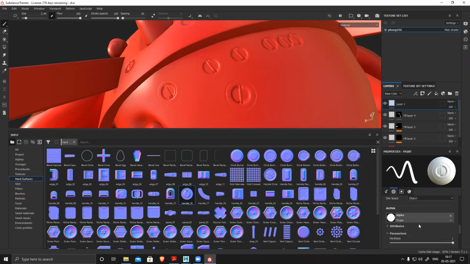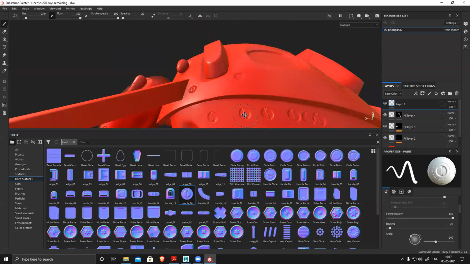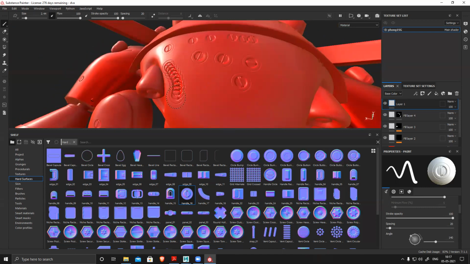Then you have position jitter. Jitter is basically like spread. Same thing you have in brush settings in Photoshop. And now angle: suppose I am creating this, but I don't want this angle. I want to change the angle. Change the angle, then create it. So based on the angle we can create everything.